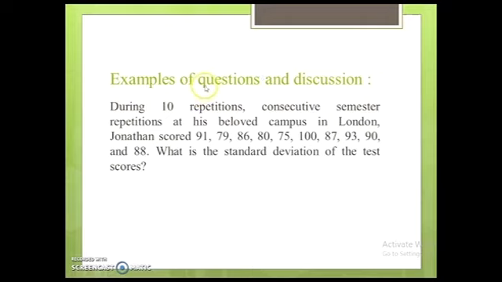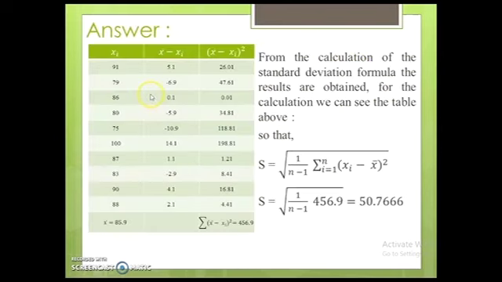Example question: during the semester, in consecutive repetitions at his beloved campus in London, Jonathan scored 92, 79, 86, 80, 75, 87, 93, 90 and 88. What is the standard deviation of the test scores? Answer: